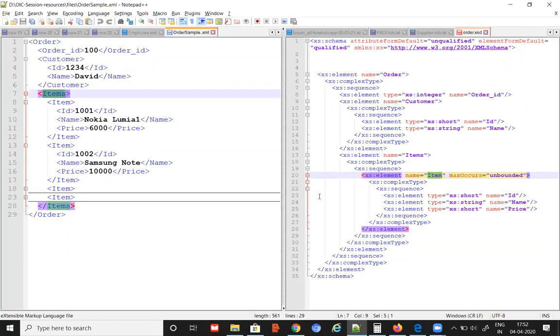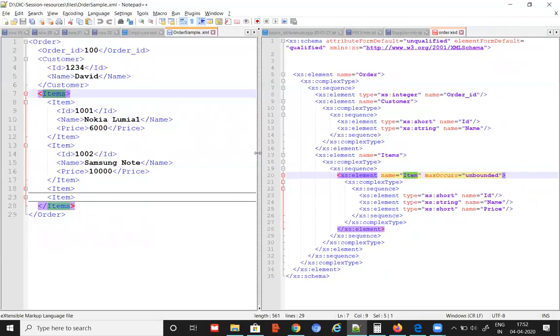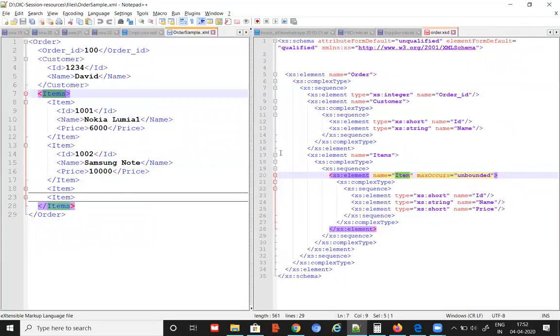Bhaskar, one question. Is there any other tag like the sequence element and complex type? Any other tag in XSD which we need to know? There are actually some tags which we may not need to know, but yes, XSD also has many advanced things. Usually, what we need to know is what we are learning here. I will tell you how to explore further if you are really interested and curious.